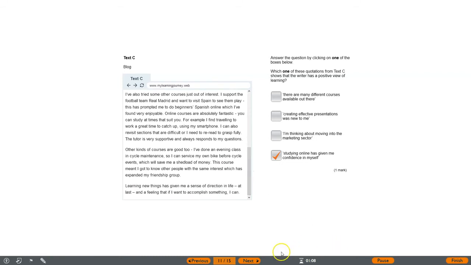That's just 1 mark. You'll notice on the bottom task bar that our timer is gently ticking away. We're not really doing these at all, we're just showing how it works. When you do the test for real though, do keep an eye on how much time you've got left. Okay,